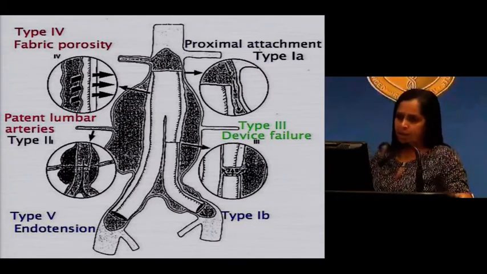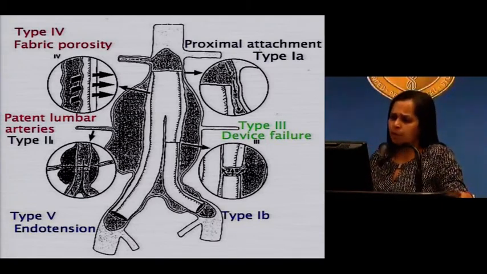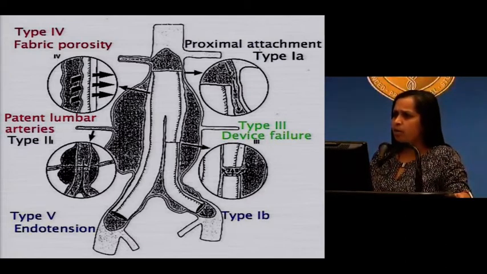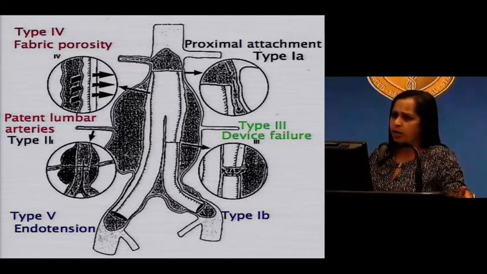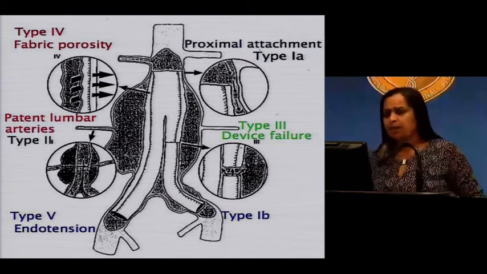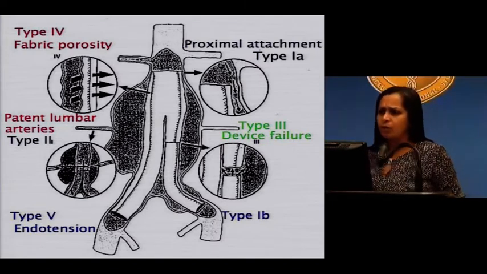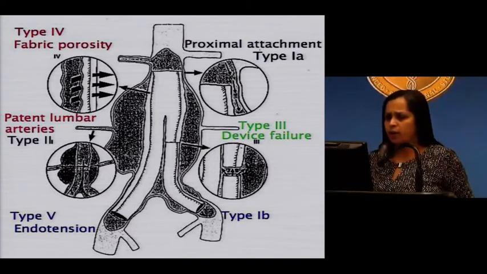in the device itself. Type 2 endoleaks are from branch vessels, and they're typically not problematic unless they're associated with an increasing aortic sac size. Type 4 endoleaks tend not to occur very frequently anymore. They used to be related to some of the thinner fabrics that were used with early generation stent grafts. And then a new type 5